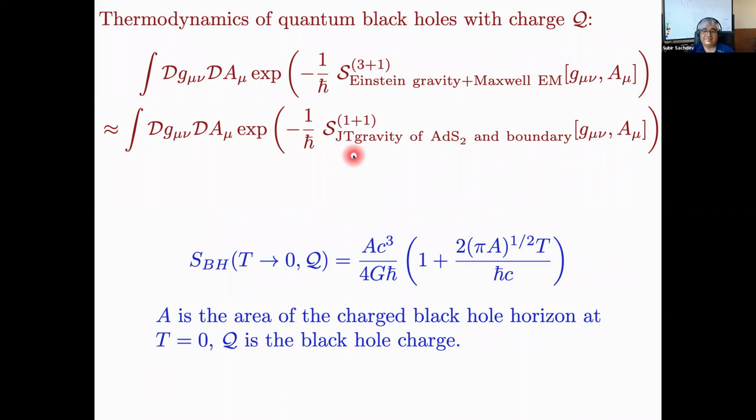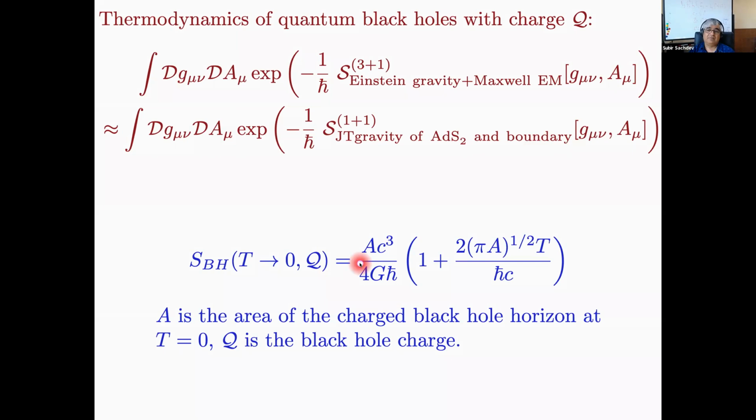This turns out to be JT gravity. And here, to answer your question, you get the S0 term. You get JT gravity plus the S0 term, and the S0 term is here. And it's a property of the parent 3 + 1 dimensional theory,